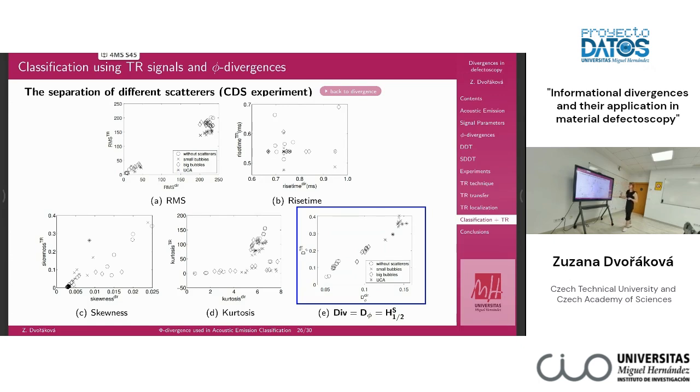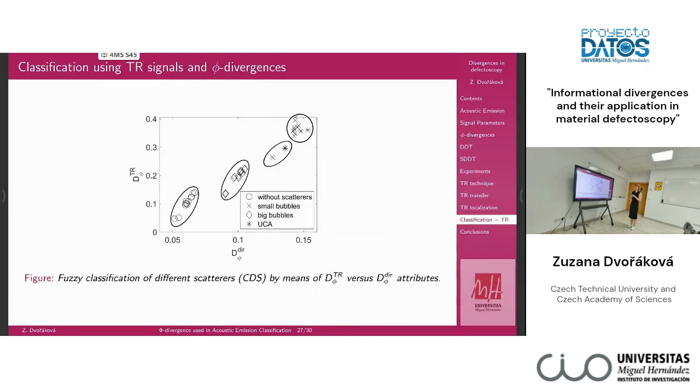So we were thinking how to do it, how to distinguish between small bubbles, big bubbles, ultrasound contrast agent. So I tried to apply our phi divergence, and voila, it works. We can see nice clusters. Not here, but here we can see, only from this figure we are able to distinguish between clusters. So it can be supposed that for almost every classification method, it will be easy to find a cluster. For example, fuzzy classification can work very well on this easy